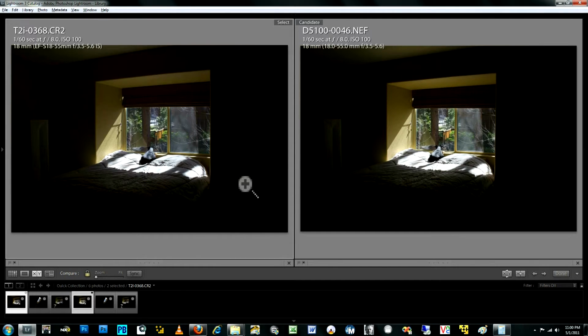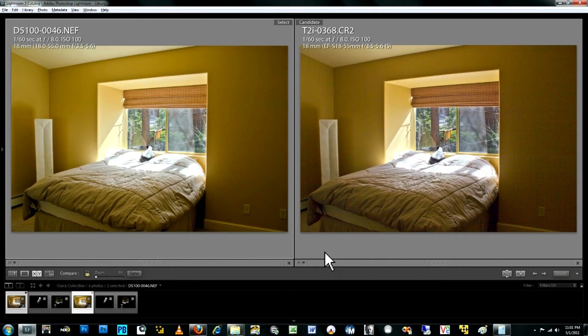So now I'll go ahead and show you what these photographs look like after I post-process them to increase the exposure of the shadows. Again, this is the step that's necessary in order to utilize the full dynamic range of the sensor. All right, here's the result of that post-processing. We've got the Nikon image on the left, and the Canon image on the right. You can see here I've elevated the exposure of the shadows to blend in with that